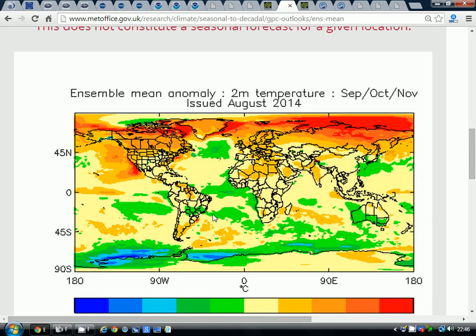Let's have a look at the temperature forecast. It's not really surprising from that scenario. Temperatures are being forecast to be above average in most yellow colours. Not sure it'll be quite as warm as that, because in September and October a westerly isn't all that warm, to be honest. It's not as warm as a southerly or a southeasterly. When you get to November, of course, westerlies do become milder, so it swings around about. So I'd expect it to be a little bit closer to the average, actually, on that sort of sea level pressure setup that the model was seeing.